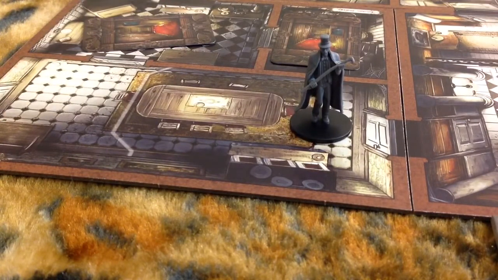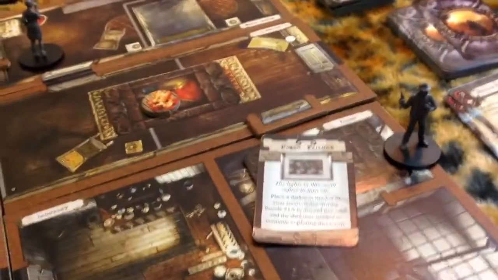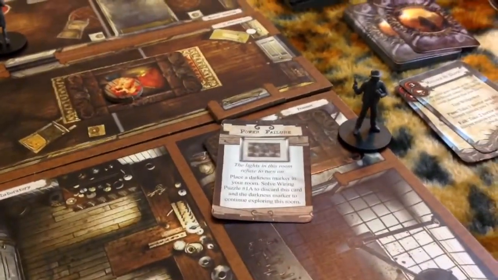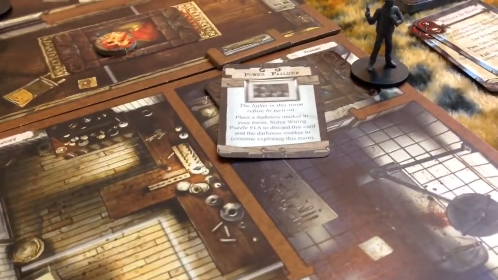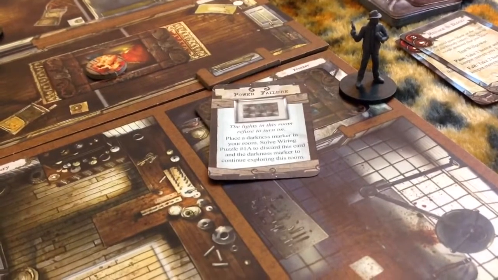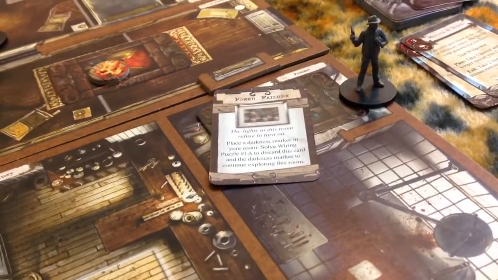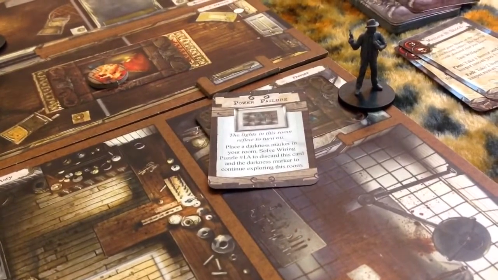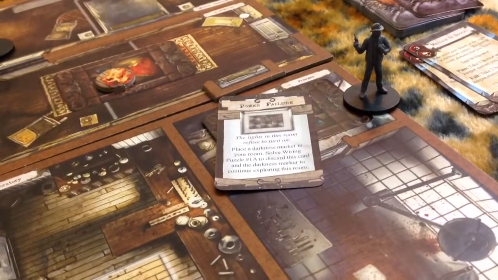Alright, that's excellent. Excellent turn, Dexter. And finally, we're going to finish this wiring puzzle to get Monterey Jack out of this darkness. Now, I should say, I didn't put a darkness token in his space because as soon as he solves this puzzle, he's going to discard the darkness token anyway,